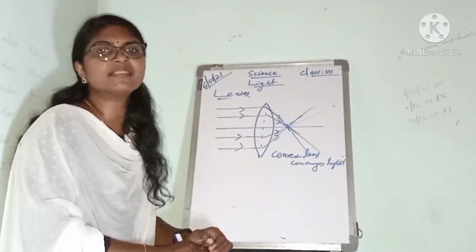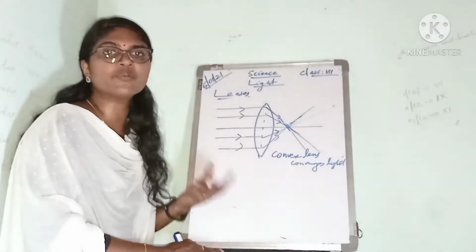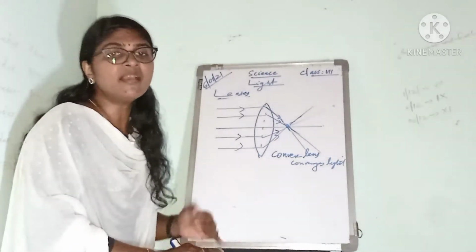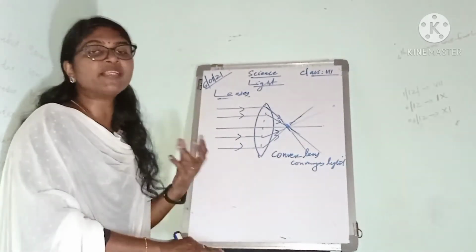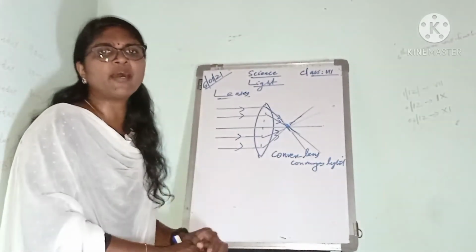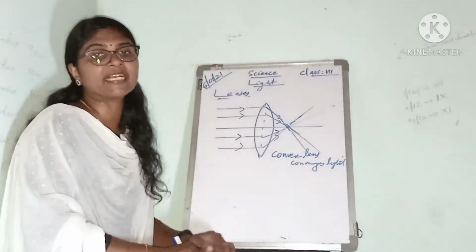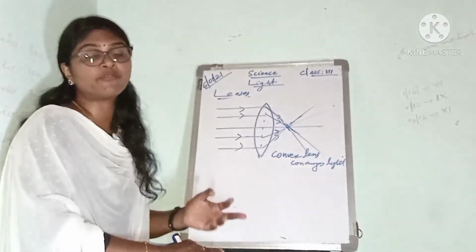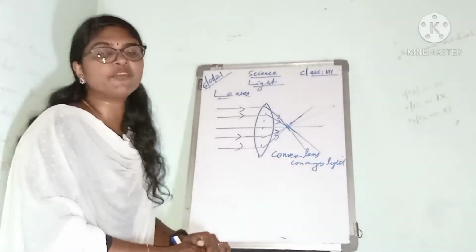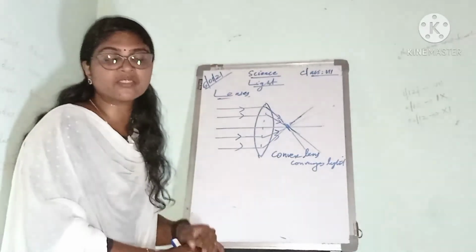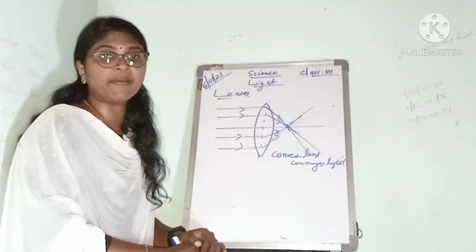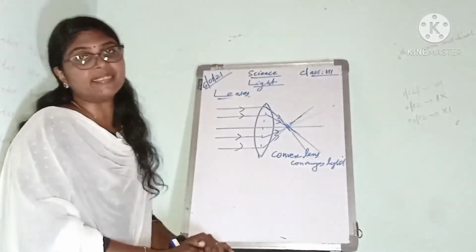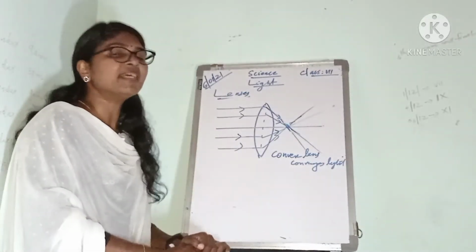A convex lens magnifies the image, so it is used to obtain the magnified image of an object. It is also used in microscopes. People who are not able to see nearby objects clearly or read comfortably have to use spectacles made of convex lens. And if you move the lens of a reading glass over a newspaper, you will see that it is a magnifying lens because it enlarges the letters. These are the uses of the convex lens.